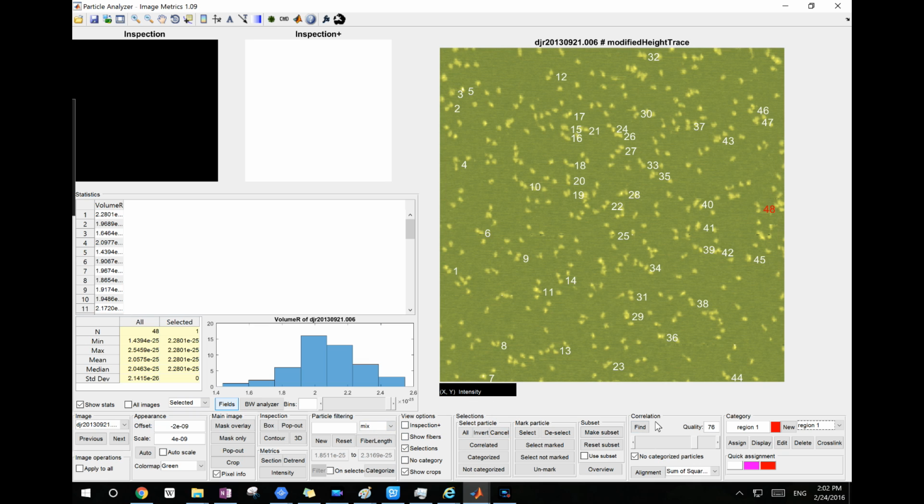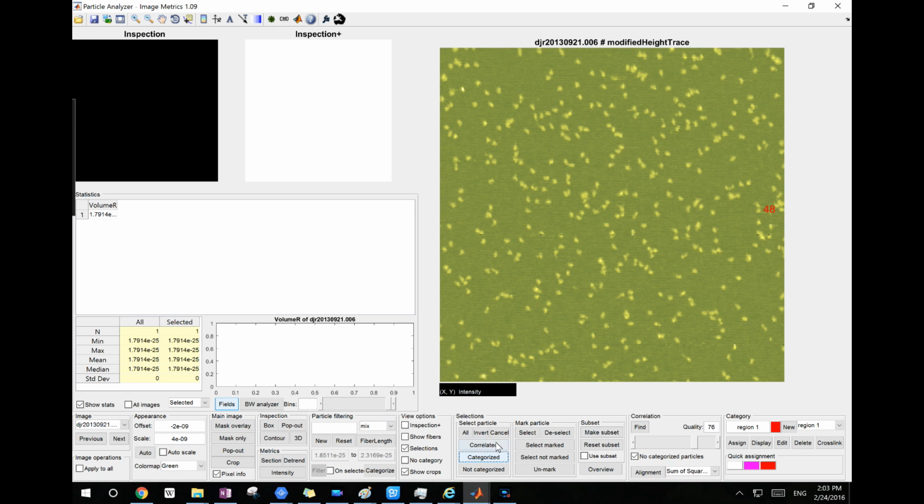The other thing you can do is select particles that are not categorized. If you select particles that are not categorized, the 48 will be deselected, or vice versa, you can select particles that are categorized, then only the 48 is selected. You can also do a cross selection of categories across different filters. That's what I named crosslink. You can do that